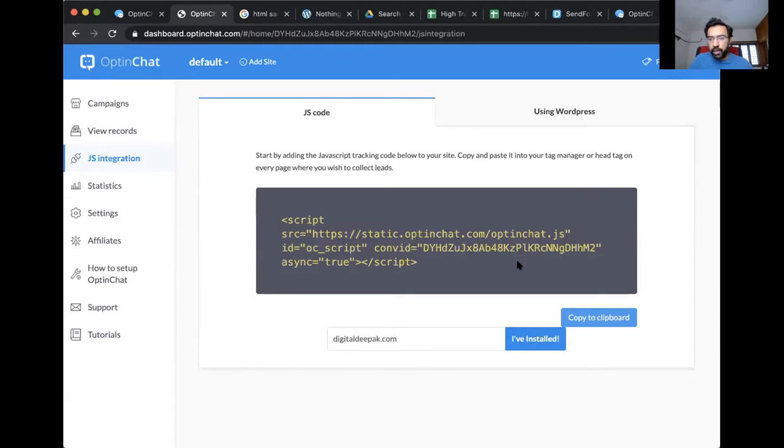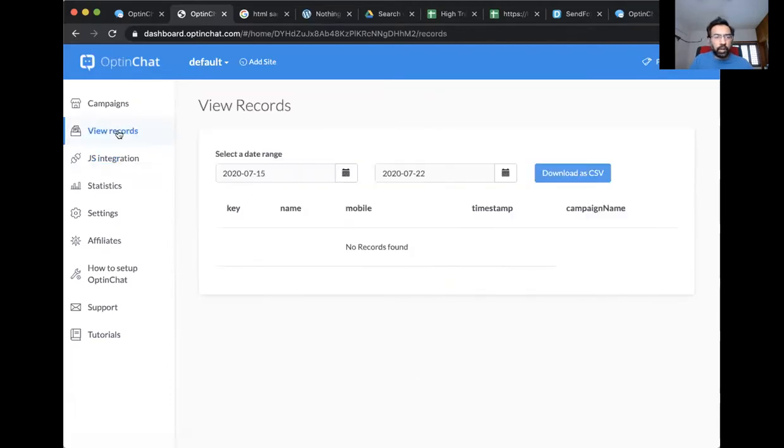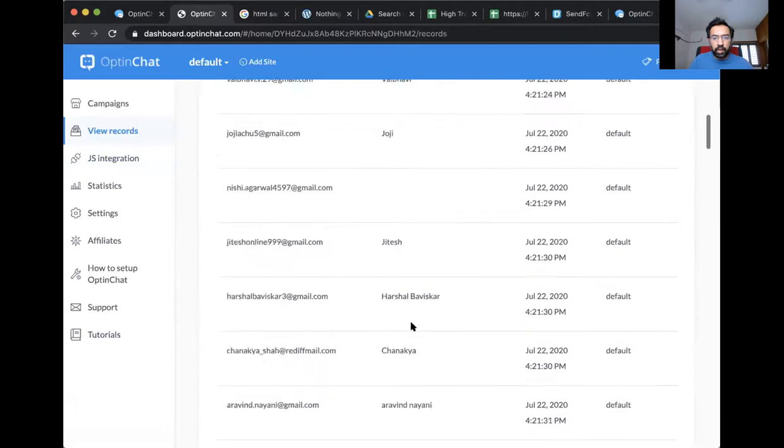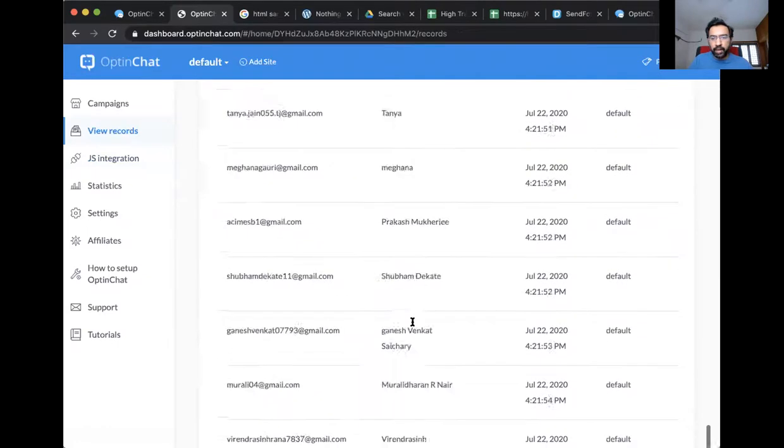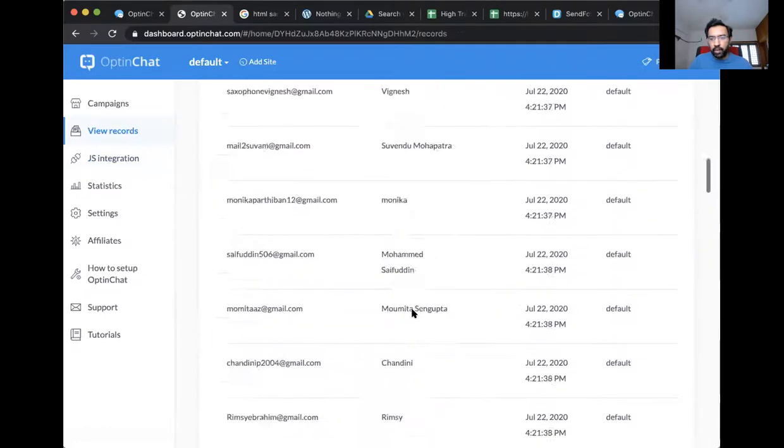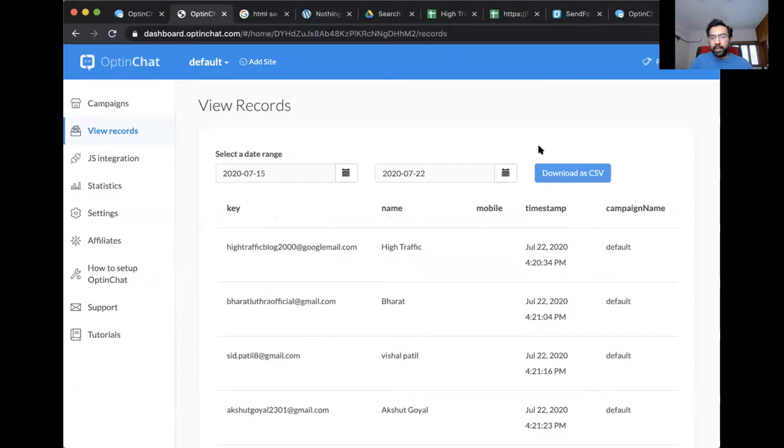All right. For website revenue, you can just enter anything, Arif. I'm just showing you a sample. Now we have started collecting names and email IDs, right? And now if I go into view records, you will be able to see all the email IDs we have collected. Isn't this amazing? So now you are collecting people's email IDs if they are visiting the website.